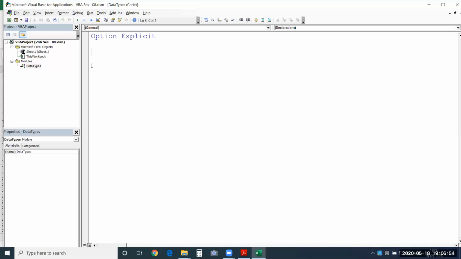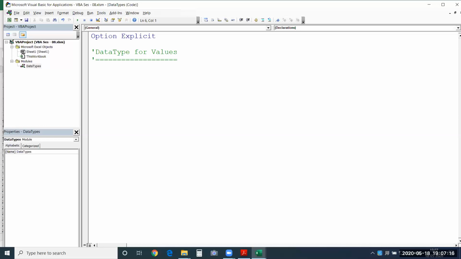Now let me show you some data types that are available to us in VBA. These are data types for values. Within these, you have numeric and non-numeric as well.